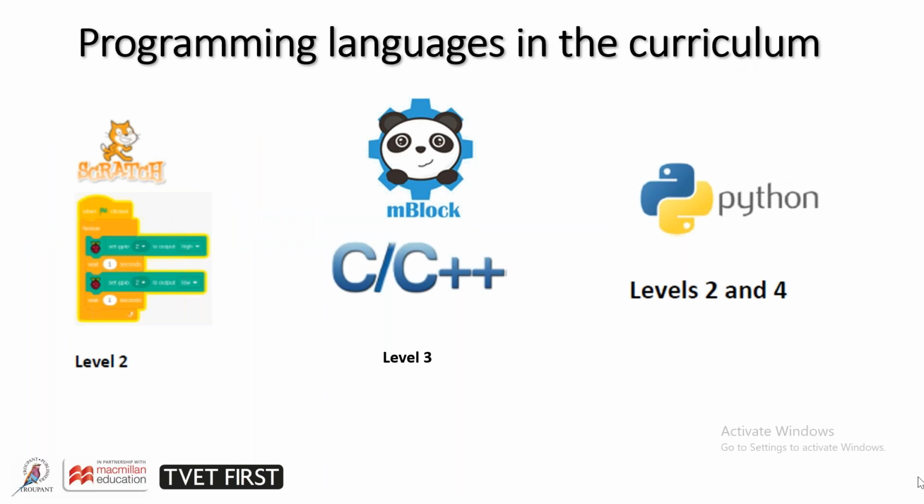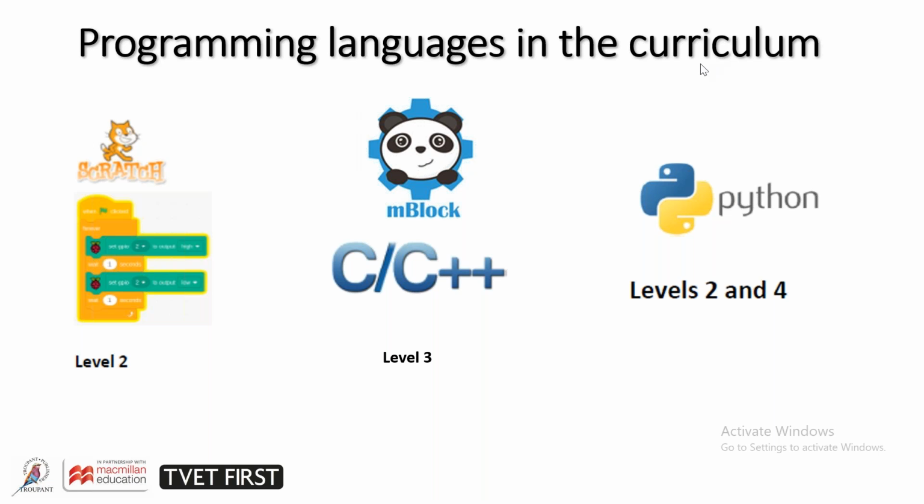Okay, so we talk about the languages. Like I did mention before, we're going to be covering various languages in this course. In level 2, they're going to be making use of Scratch on the visual programming side. They will also be making use of Python, which is your command-based programming, and the reason for that is the type of GPIO programming they're going to be doing. In level 2, they'll be making use of the Raspberry Pi. The Raspberry Pi requires you to use Python, and that's the reason why we're using Python there.